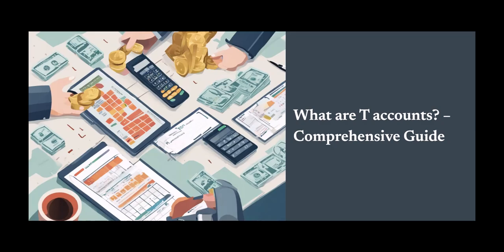Now, let's clarify the difference between T accounts and the general ledger. T accounts are nifty T-shaped tools accountants use to visually track debits and credits for specific accounts. The general ledger, however, is the big picture encompassing every financial account in your business. It's like a comprehensive filing cabinet for all your financial transactions, while T accounts zoom in on a single account. The general ledger condenses information, showing each account's ending balance, but not the whole story. T accounts capture every single debit and credit throughout a specific period, revealing the journey of that account, not just